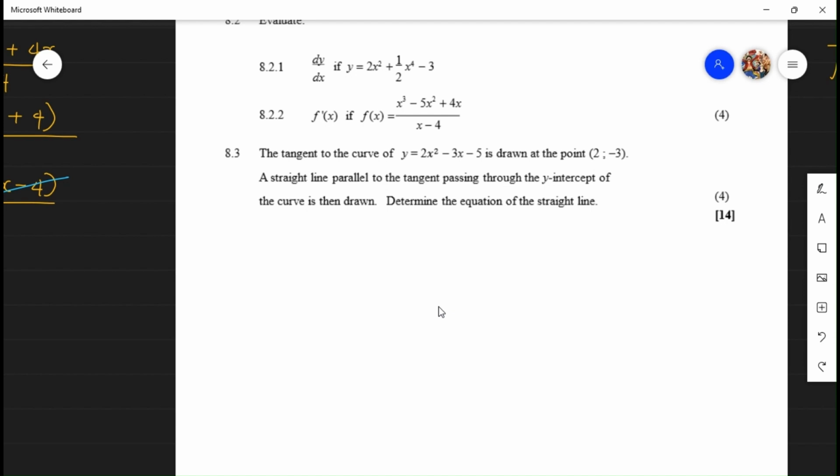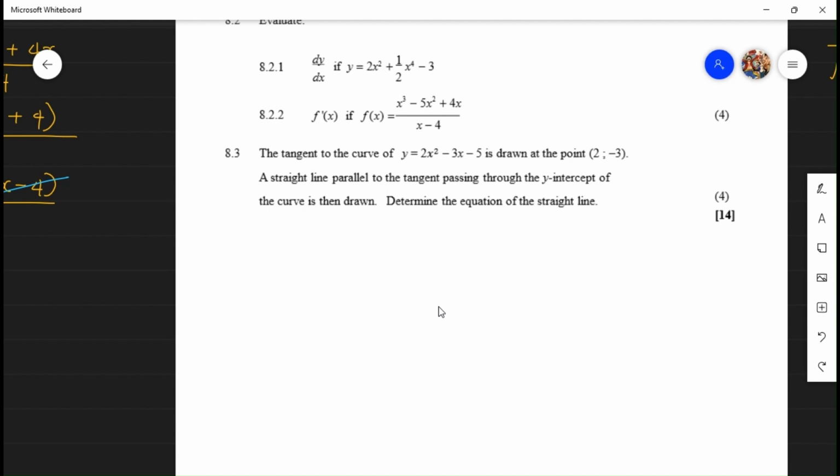Now, sentence number 2 states a straight line parallel to the tangent passes through the y-intercept of the curve is then drawn. Determine the equation of the straight line. So there's three functions in this particular question. We've got our curve, which is represented by y equals 2x squared minus 3x minus 5. We also have the tangent to that curve, and in addition to that we have a straight line that is